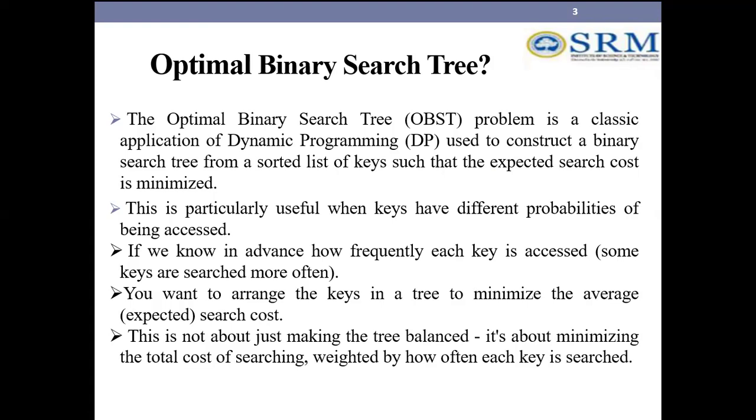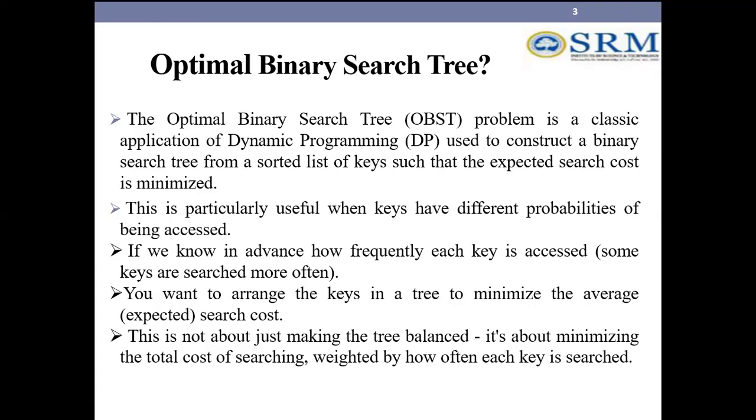Particularly here, we have a number of key values. Each key is assigned a probability. There are two types of probability, probability for success and probability for failure. If we know in advance how frequently each key is accessed, how often the key is accessed, that will have more probability. If the key is not accessed often, that has a lower probability value. So that is called